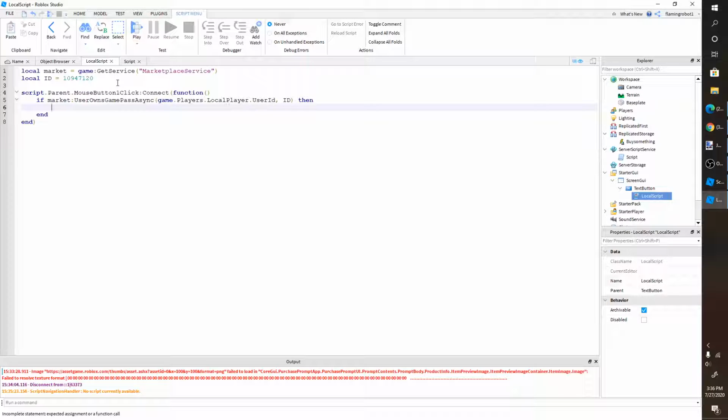So if user owns Game Pass async, if market dot game prompt game pass finished,